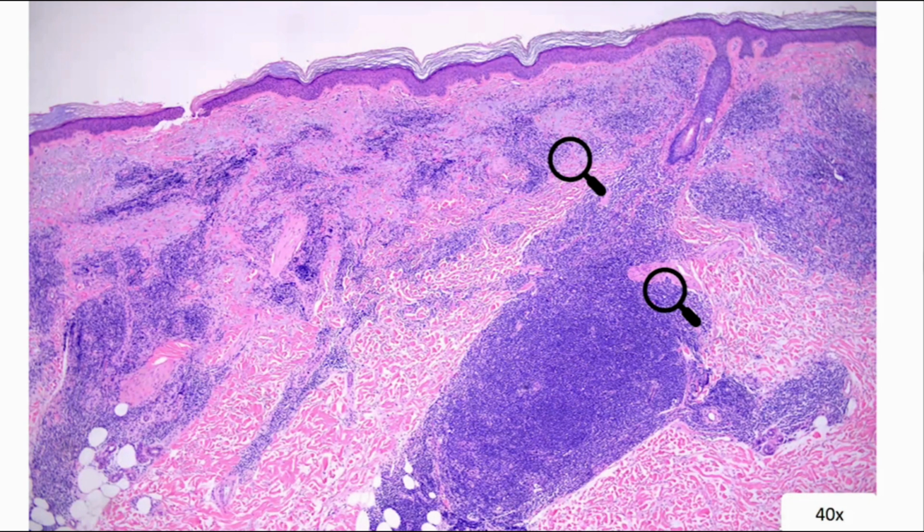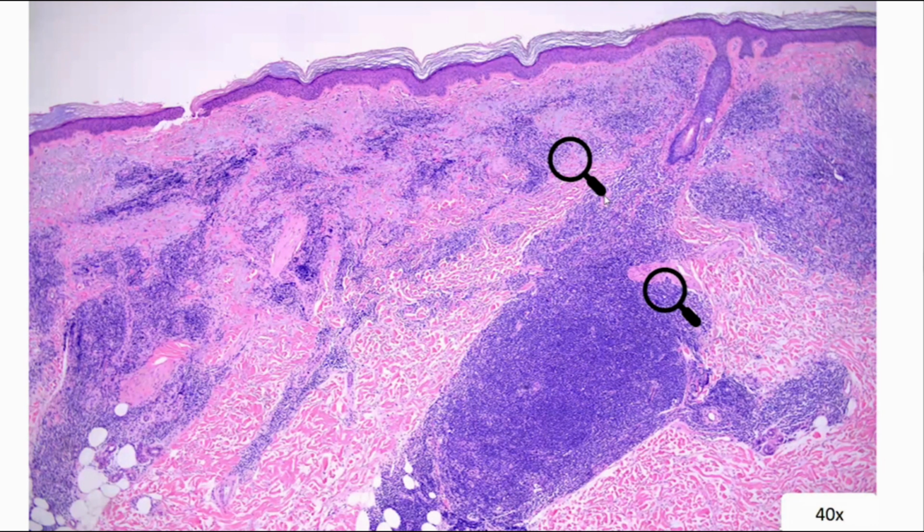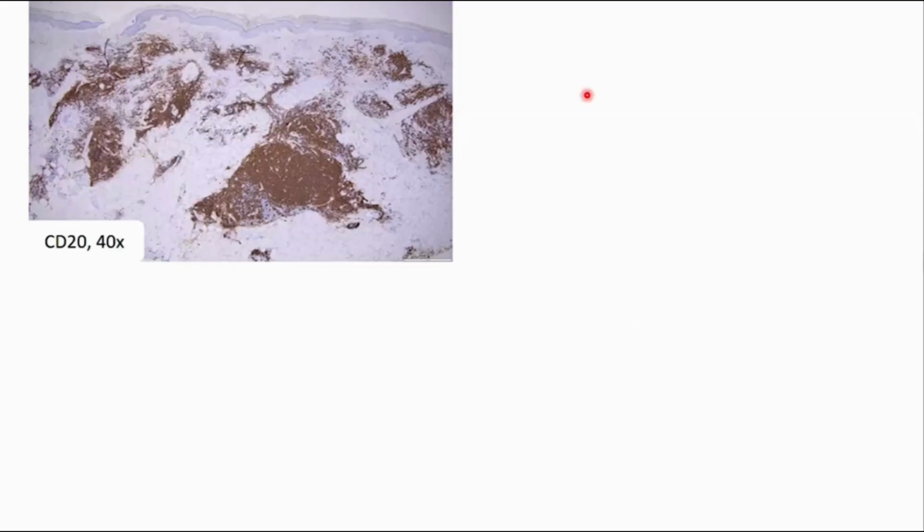Well, anyways, on higher power, these cells are small to intermediate in size. Maybe this will work now. Nope. Okay. Well, they're small to intermediate size, and the periphery of these nodules have